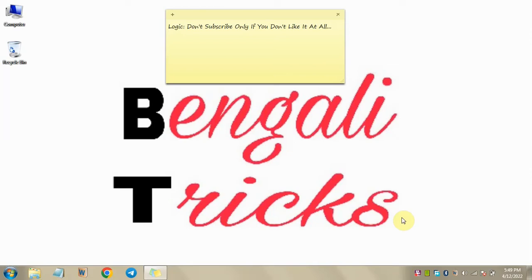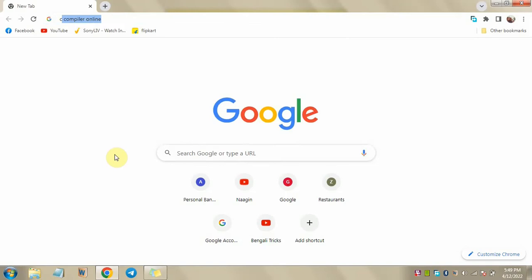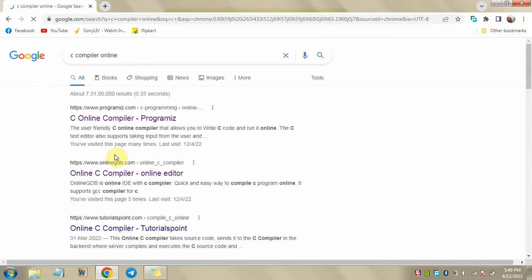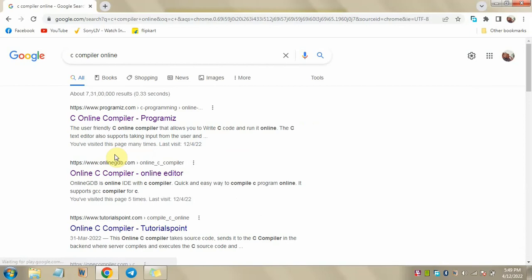So for sorting there are so many algorithms, but today we are going to take a look at the basic one. So internet is connected, let me open the Google Chrome. Now we have to search in Google "C compiler online", and we need a platform where we can write our code, right? So the Google algorithm has kicked in and it is showing so many results. So can we trust the Google algorithm and go for the first link?